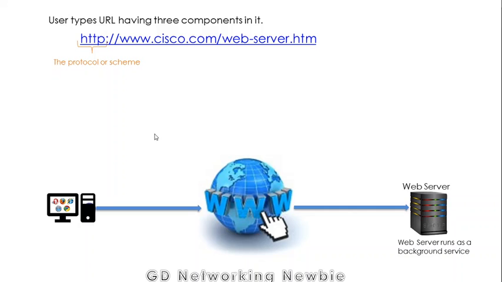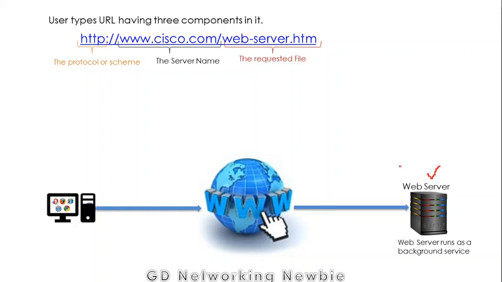HTTP is the protocol, the second part is the name of the server, and the third part is the requested file which is available on that server. So when the user types this URL, this represents which protocol will be used, this represents the server, this is the name of the server, and this is the name of the file which is available